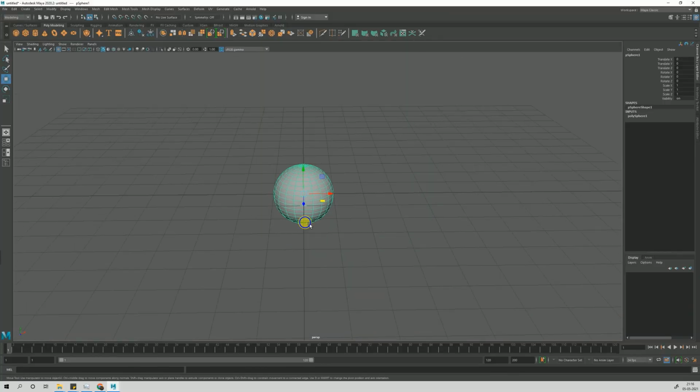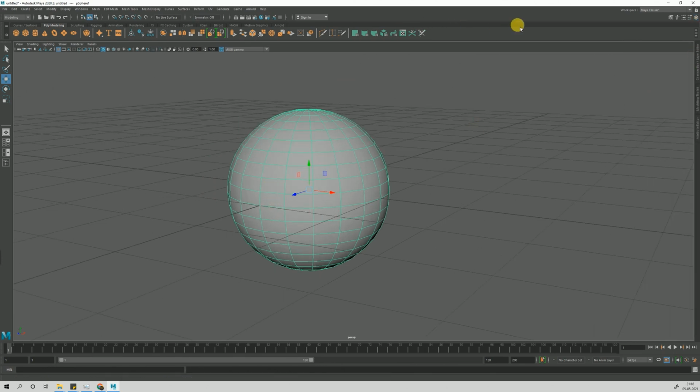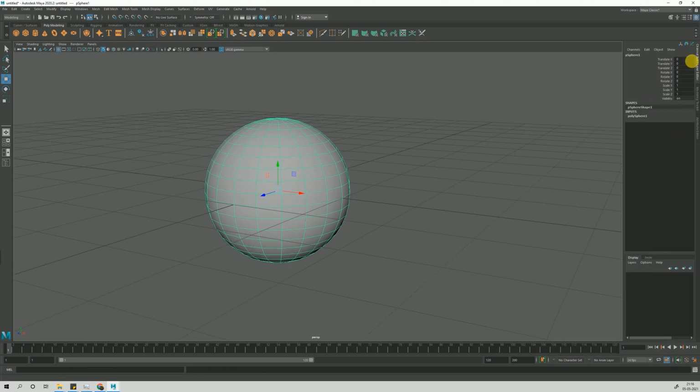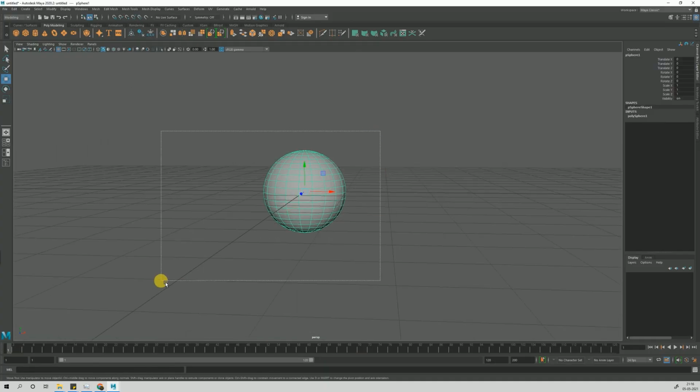So if you select the sphere, you have to go to the right side. There is a channel box editor. This is where you find all your information regarding all your shapes. If you don't see it here, there is an option at the right corner, show and hide channel. Click it, and it comes back. Also, if you haven't selected the shape, you can't see this. You have to select it to edit the shape.